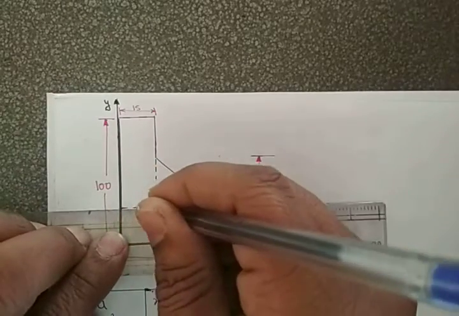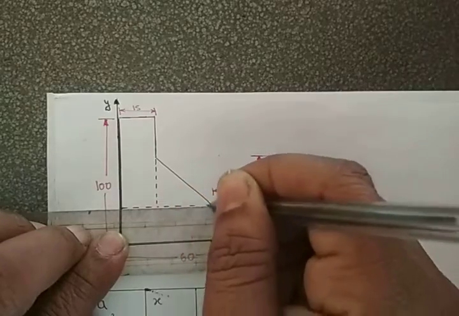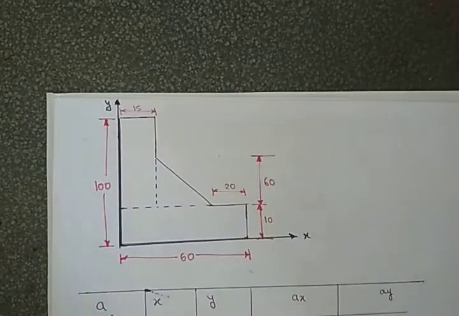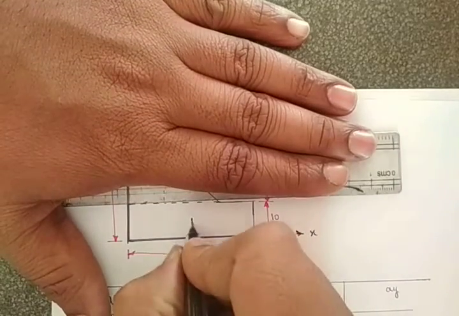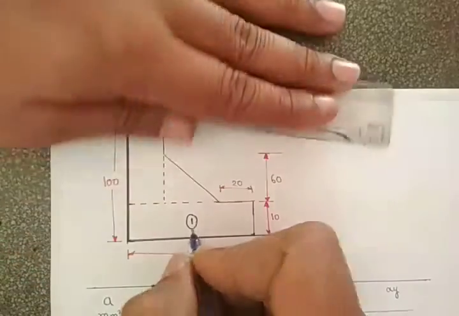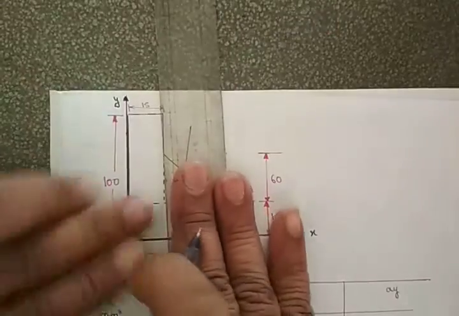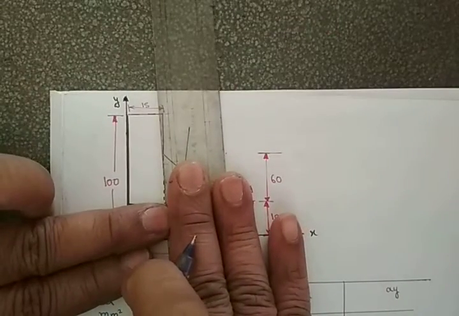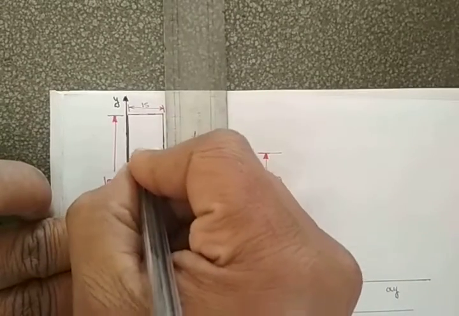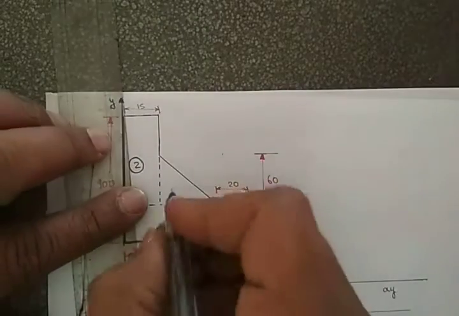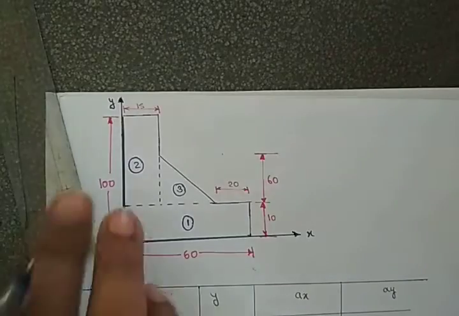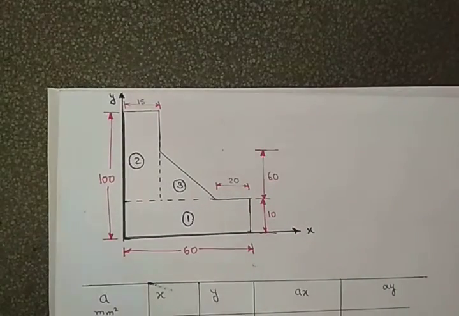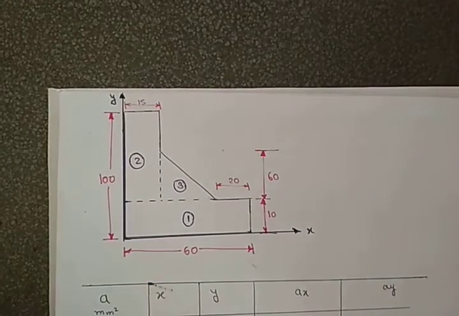Okay, so if I cover this, this is a rectangle, this becomes the first section. This is another rectangle, this is another rectangle, this becomes the second section. And this is a triangle, this is another one. Okay, so we have three standard shapes. Now, to find the CG of each section,